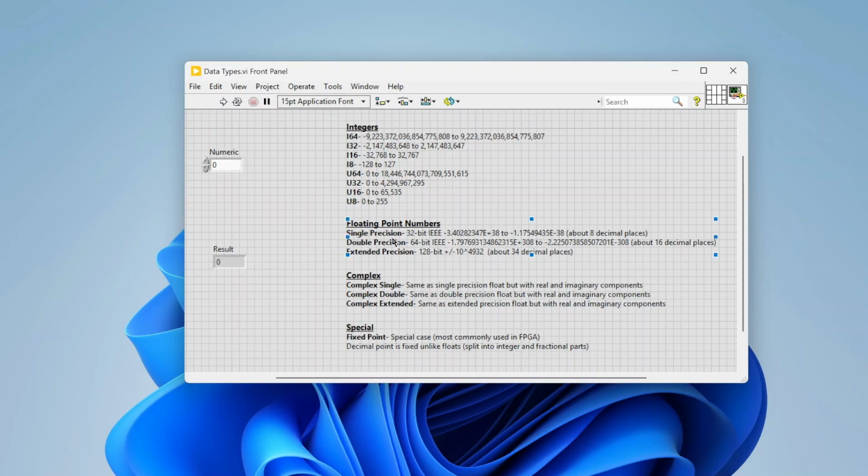Next thing I wanted to talk about is floating point numbers. So these are probably the ones that you use the most in LabVIEW. The type of stuff we're doing, data acquisition, stuff like that. A lot of time we're using floating point numbers. So these are numbers that will have a decimal place. So 1.1, right? We can't represent 1.1 with an integer. It would just be 1. But with floating points, we can now represent